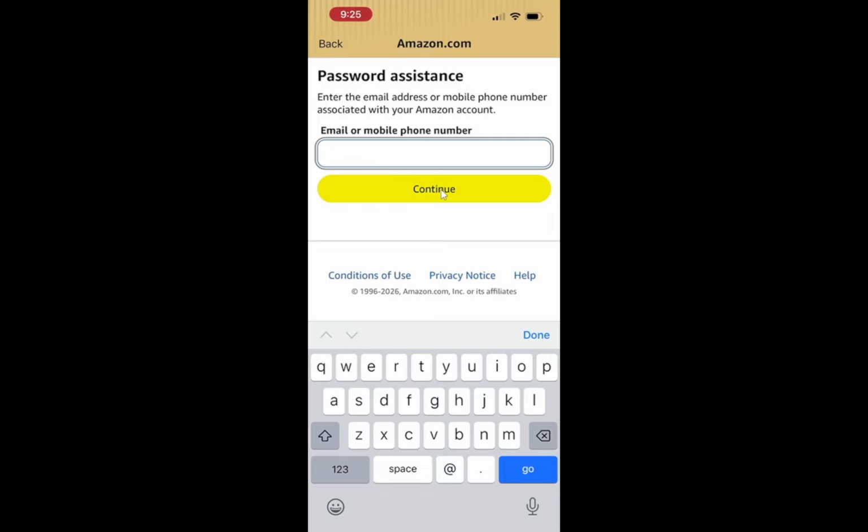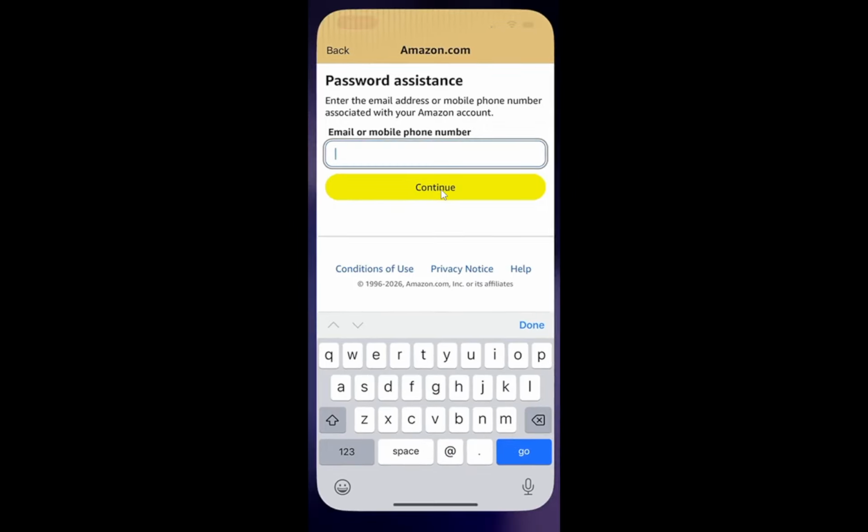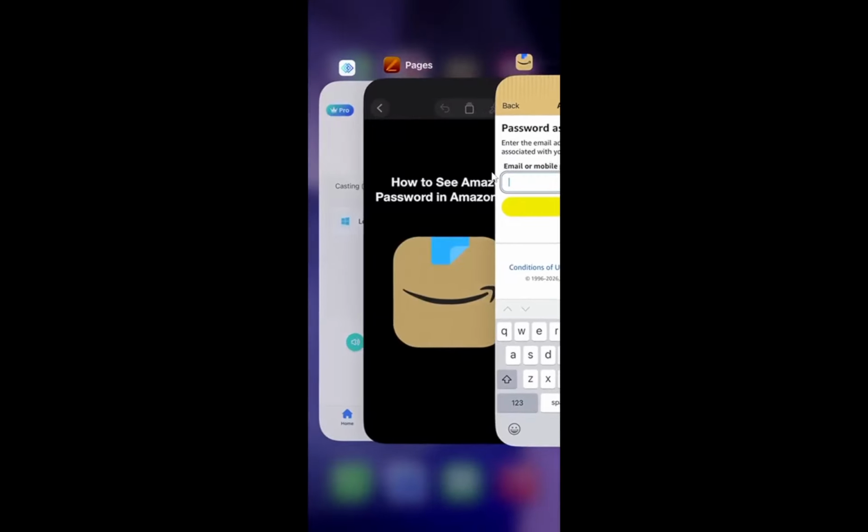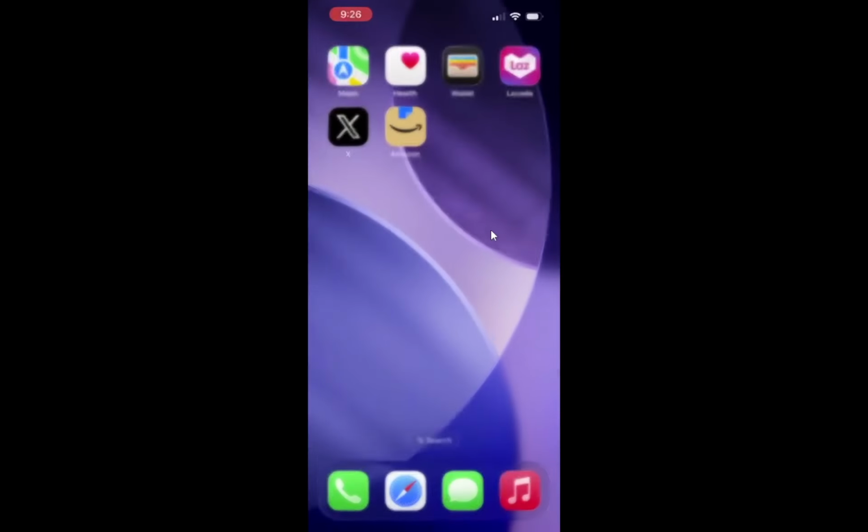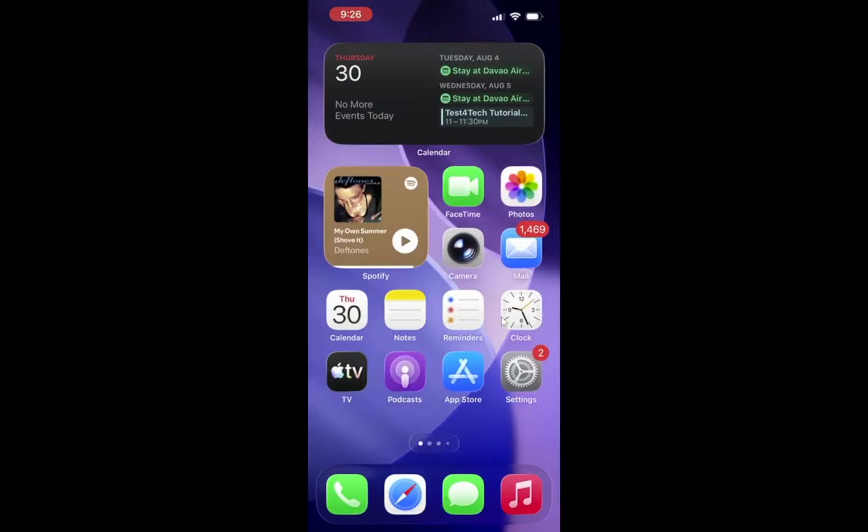At this point, follow the verification steps Amazon shows to reset your password. Usually that means entering a code sent to your email or phone, then choosing a new password. As soon as you finish the last step, your new password is active and the old one no longer works. There is no extra save button beyond what you already tap. If your password was saved on your device already, you might be able to view it using your phone password manager. This does not read from the Amazon app itself.